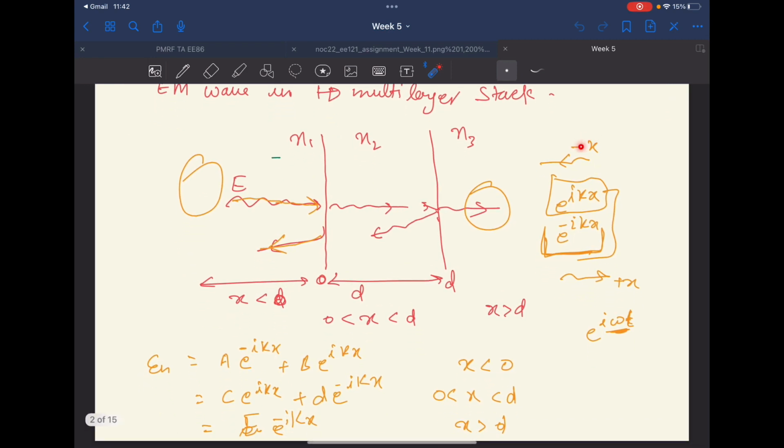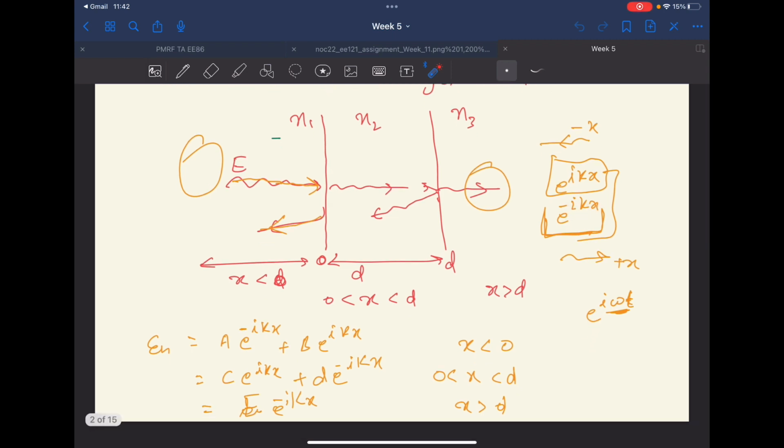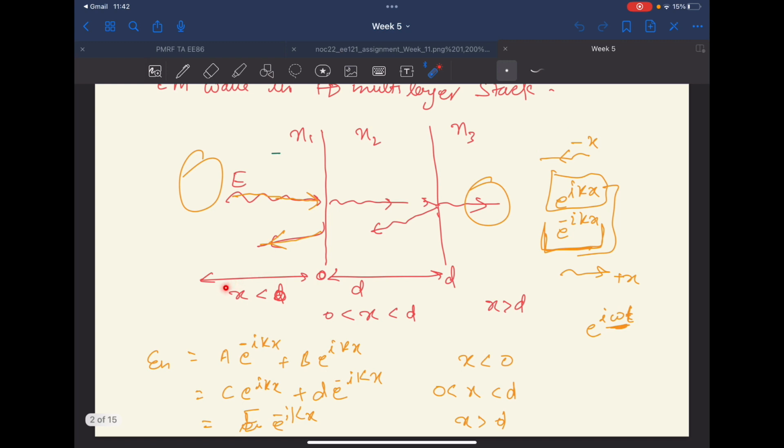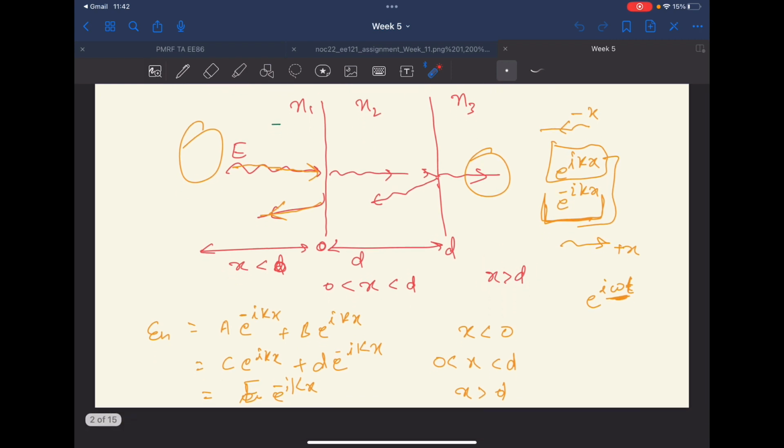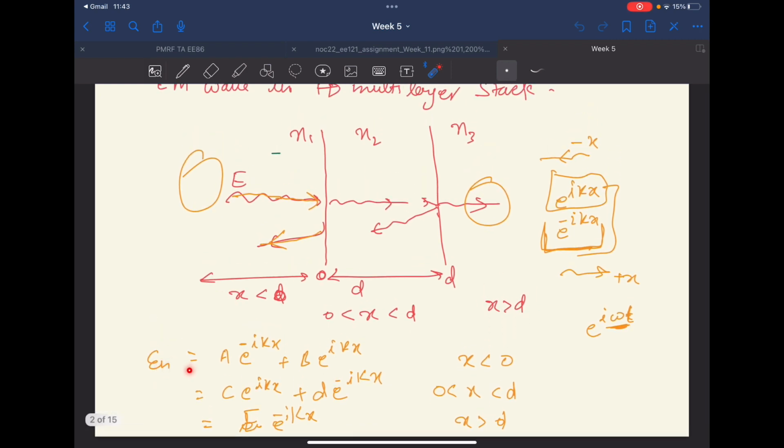Let's say a wave going in the minus x direction is written as e to the power i kx, and when it is in the plus x direction, it is e to the power minus i kx. The regions are defined as x less than 0 for the n1 region, x between 0 and d for the n2 region, and x greater than d for the n3 region. So this electromagnetic wave can be written in the first region as a e to the power minus